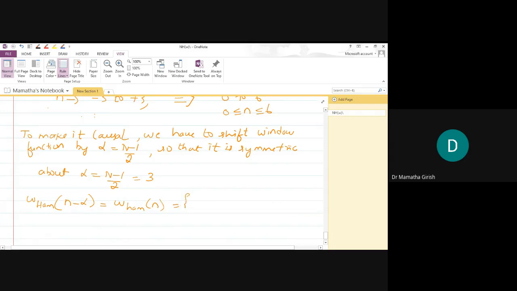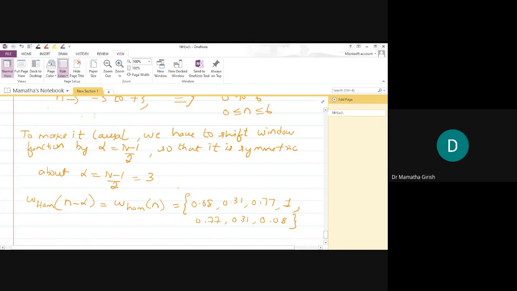What were the values which we obtained in the table? 0.08, 0.31, 0.77, then 1, and again the same values repeating: 0.77, 0.31, and 0.08. But please note that since I've shifted it by a total of 3,